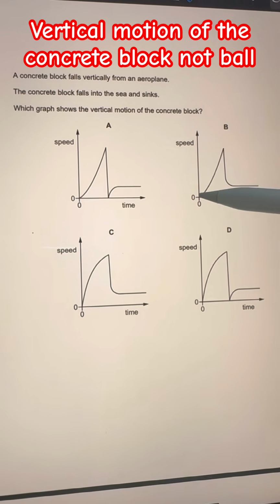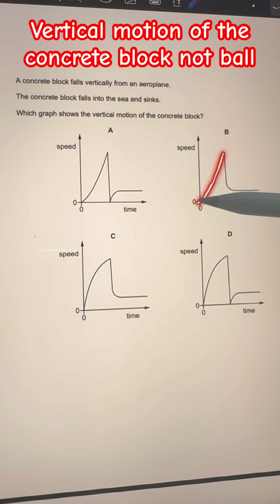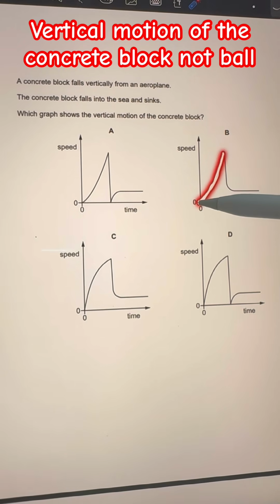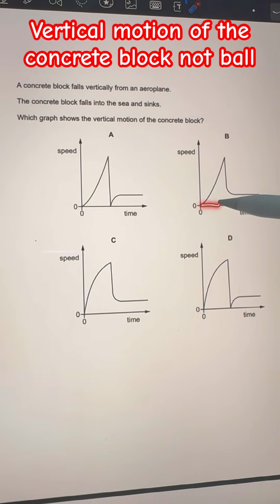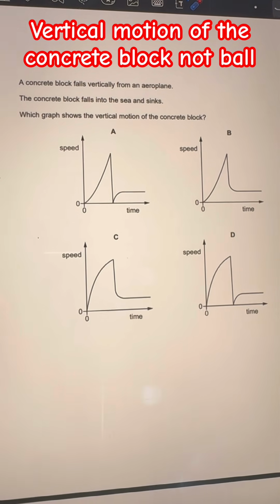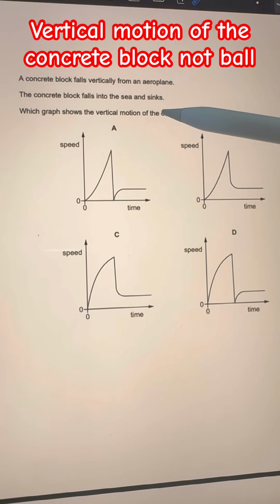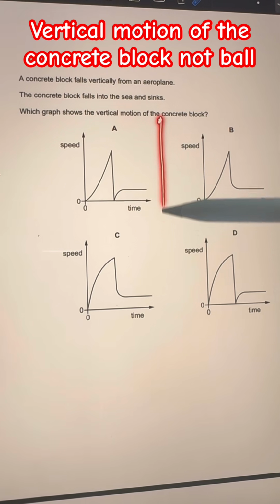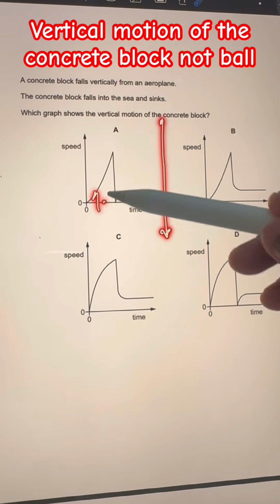The only difference in these two graphs is the change in acceleration. Over here, the acceleration is increasing as time goes on, as the block falls. Over here, the acceleration is decreasing. The correct answer is where the acceleration is decreasing, because as the ball falls, the gravitational acceleration is 9.8 meters